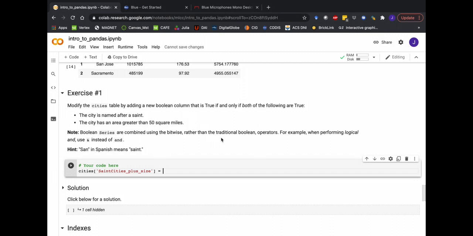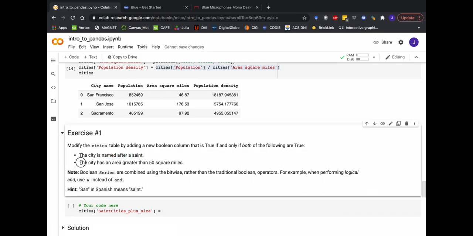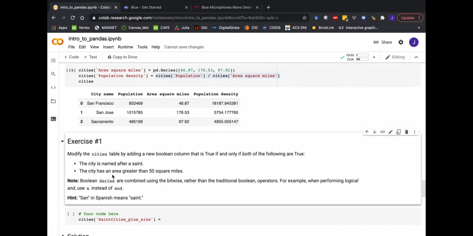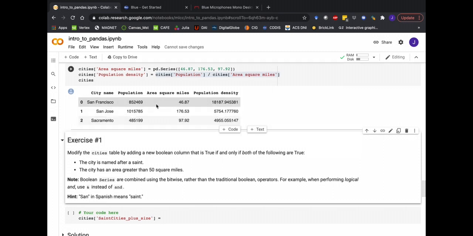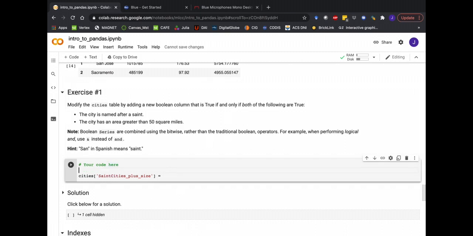And we're going to make that, what are we going to use here? We're going to see if the city is named after a saint and the city has an area greater than 50 square miles. So first of all, we've got our first 2 cities, San Francisco, San Jose, are named after a saint. And we need to look and see if the area in square miles is greater than 50. So let's do a couple things here. First of all, let's create one Boolean for the first criterion. So named after saint